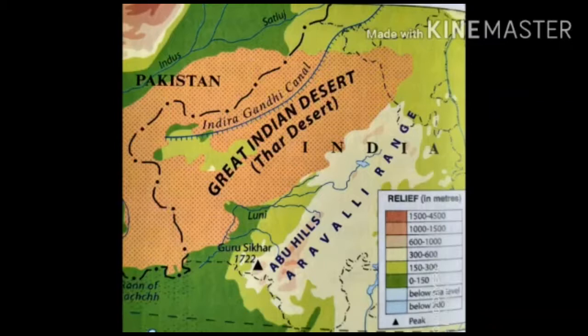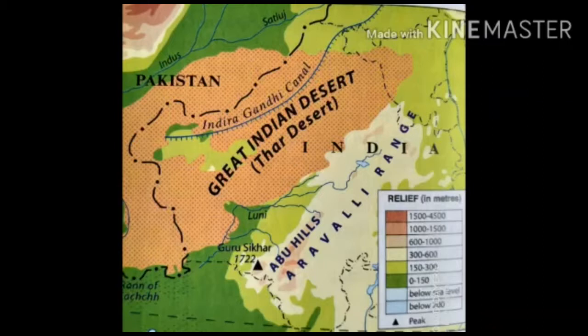And the Aravalli range lies to the southeast. Some of the rivers which flow in Rajasthan are Chambal, Banas,